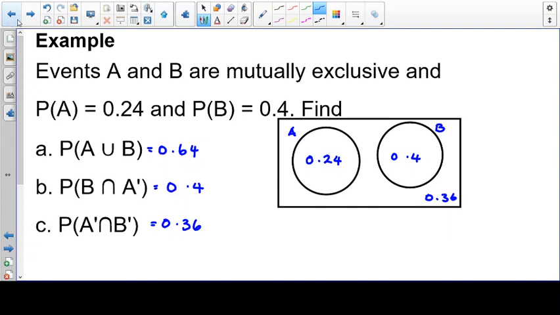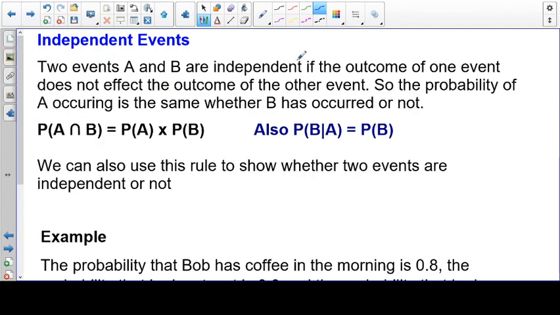Okay, so that was relatively straightforward. We'll look at mutual exclusivity in some other examples later. I'm just going to talk about independent events. So we've looked at conditional probability in more depth. So conditional probability is dependency. So if one thing is dependent on the other,